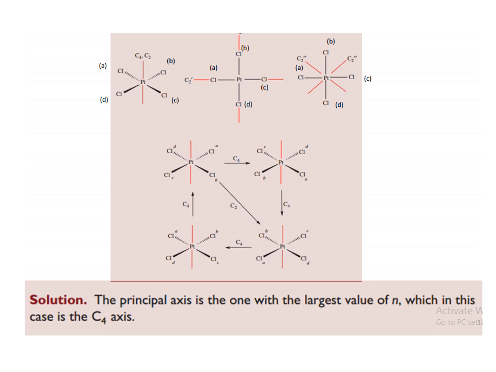Now, the second part of the question was that C4 to the power 4 is equal to identity. It is the same as the cyclopentane molecule. If we label the chlorine atoms as A, B, C, and D, and we rotate them one by one, then after the fourth rotation it will come back to its original position and be indistinguishable. So we can say that a C4 rotation done 4 times results in identity. It results in a molecule which is indistinguishable from the first one.